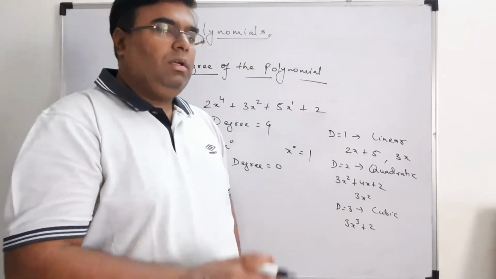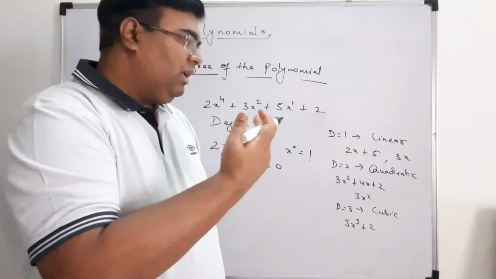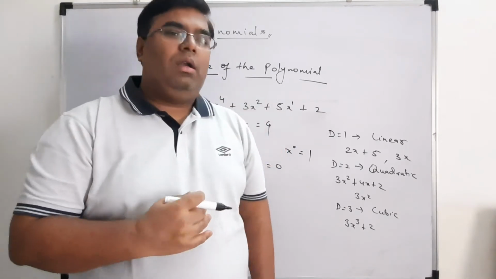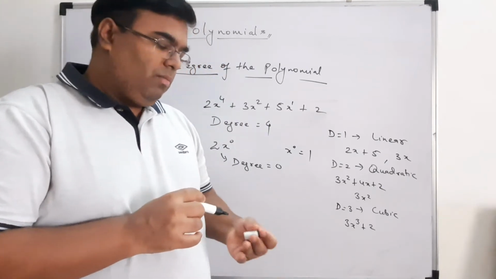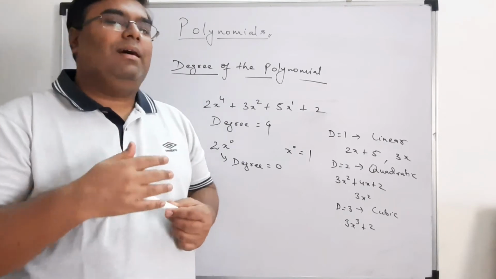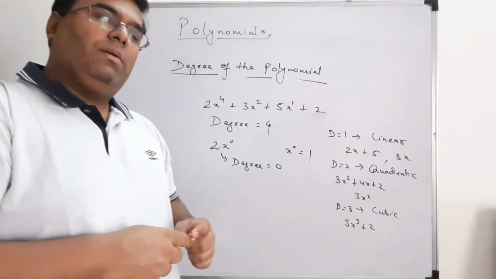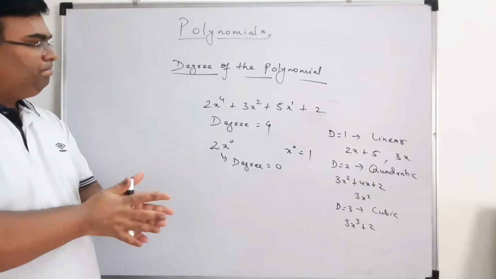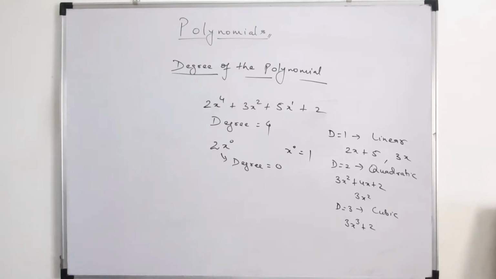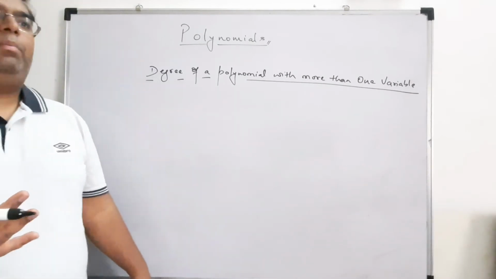Okay, so there are two categories, right, of polynomials. We can have linear, quadratic or cubic depending on the degree of the polynomial, or we can have monomial, binomial, trinomial, and subsequently depending on the number of unlike terms. Okay, clear about degree? Now we have just seen what is the degree of a polynomial.